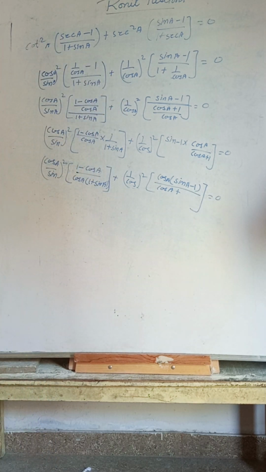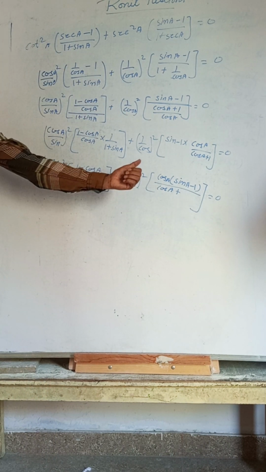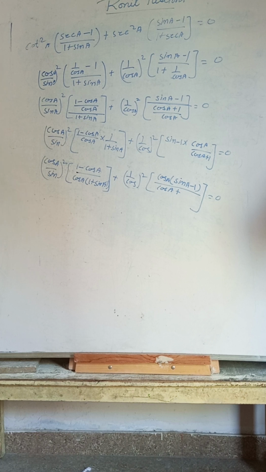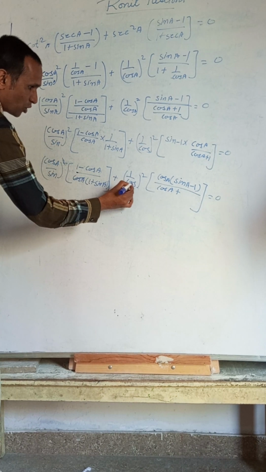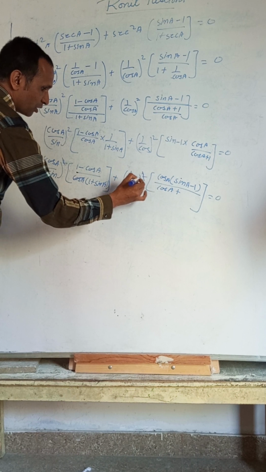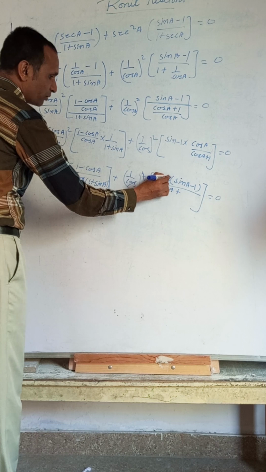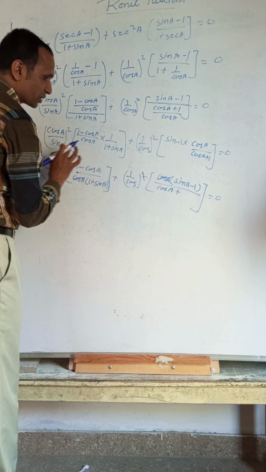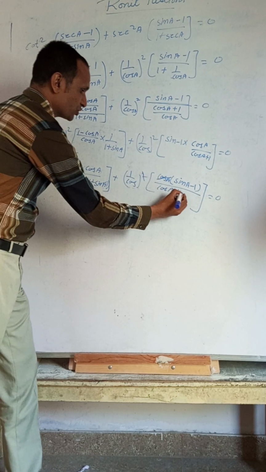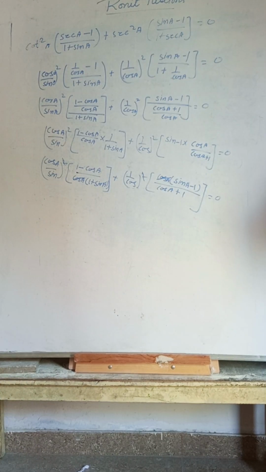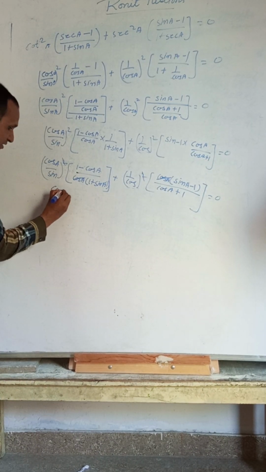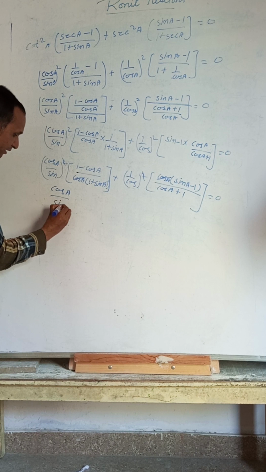Is equal to 0. Now we can do another one in that. This is in multiplication, so this can be considered. See now, this square cos is considered. In that also cos square, this cos is there. 1 by cos square means 1 by cos, so 1 by cos is written here. Cancel that side cos. Plus 1, sorry, here plus 1. Cancel. So what remains is cos A by sin square A.